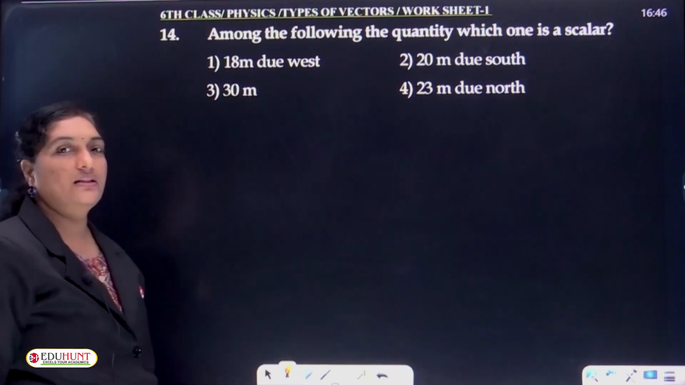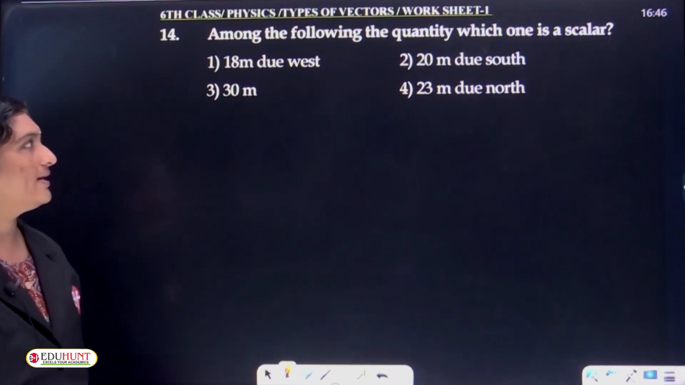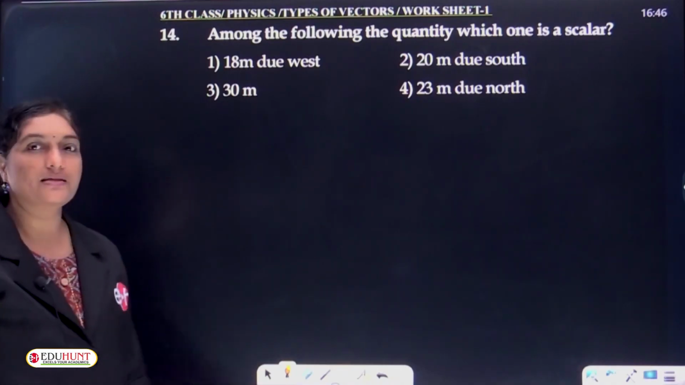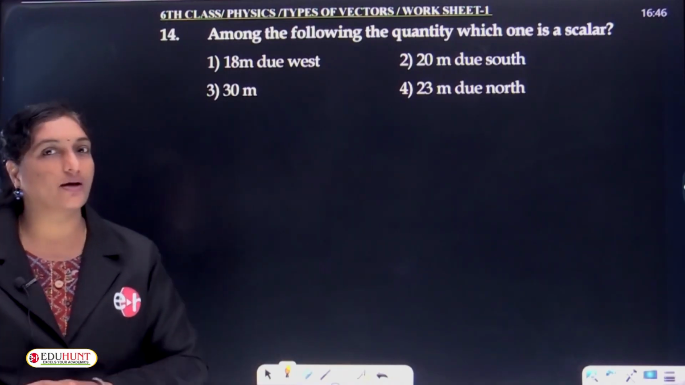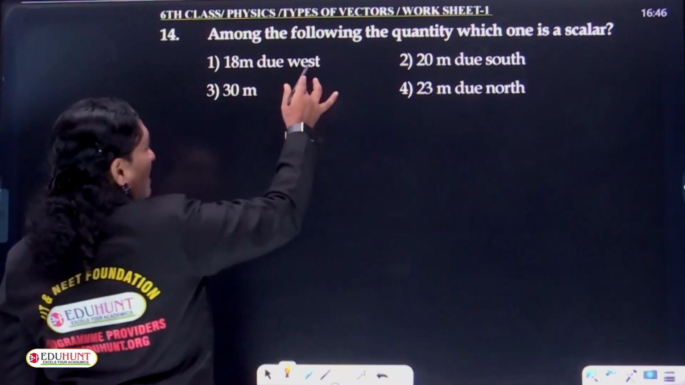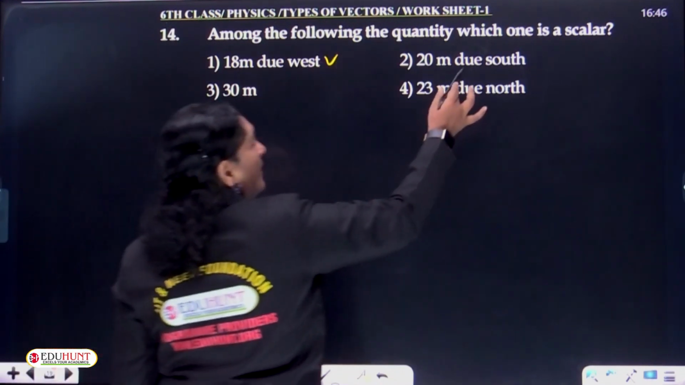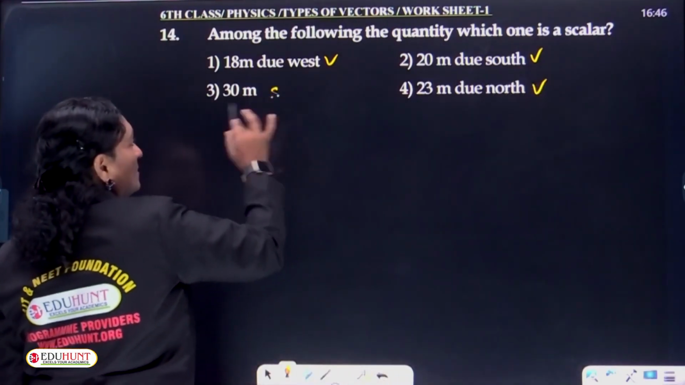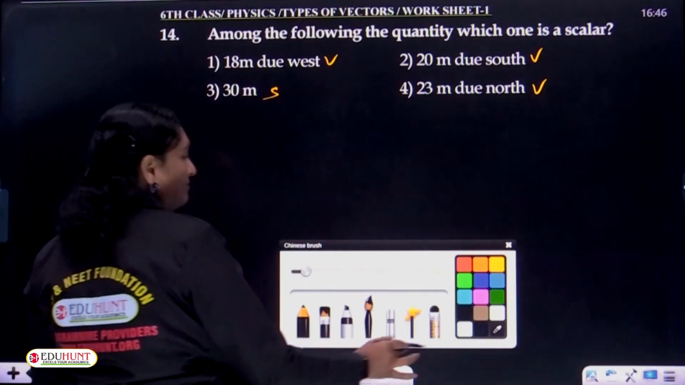Moving ahead with the 14th question, children. Among the following quantities, which one is a scalar quantity? Scalar means it must have only magnitude and no direction. As it is having direction, it must be a vector. Here also direction, vector. Here, with only magnitude and no direction, it must be a scalar. Therefore,